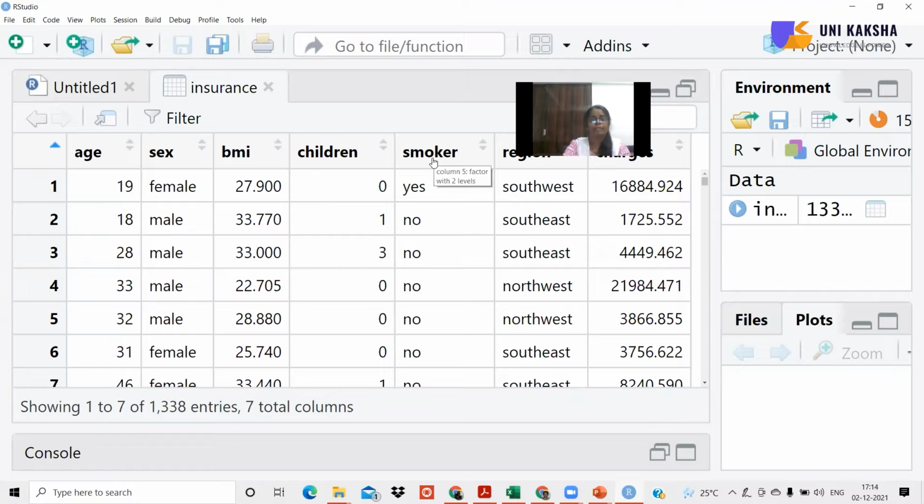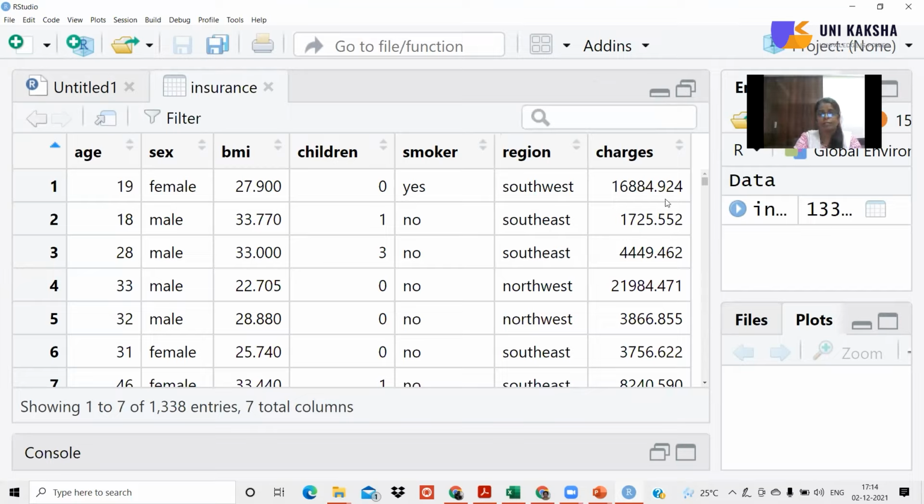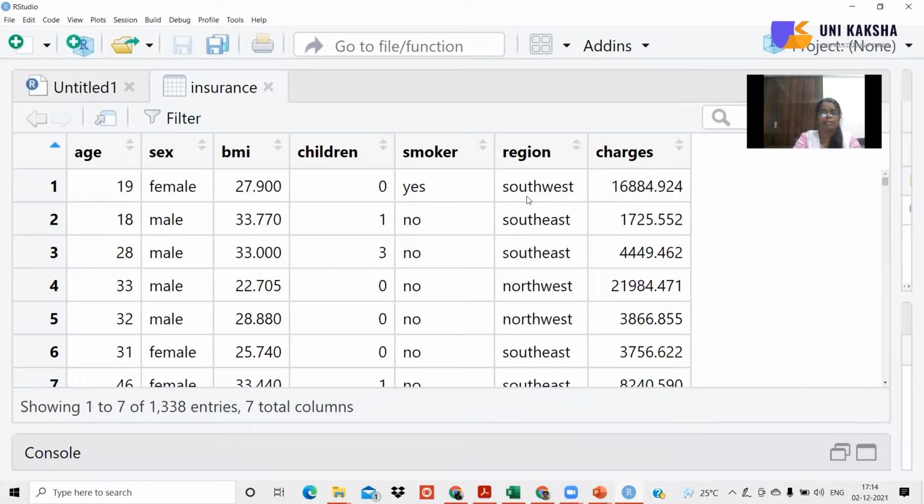Smoker helps us to understand whether the person smokes or not, having the value yes, no, that is true, false type of. Region consists of the value from which region the person belongs to. So it can be either southeast or southwest or northeast or northwest. And charges indicate the charges of the insurance. So we have to create some kind of exploratory data analysis on this data. We have to understand this data.